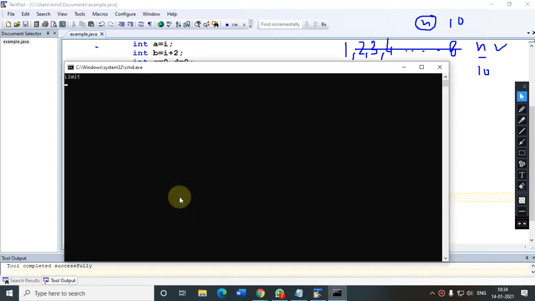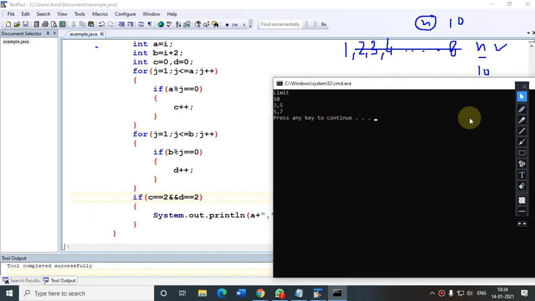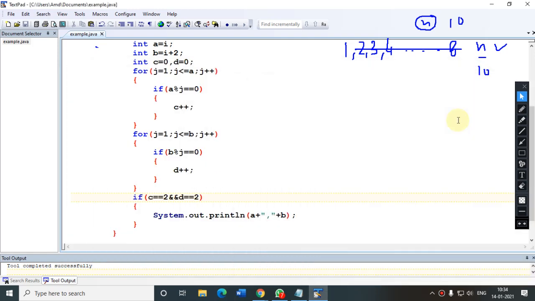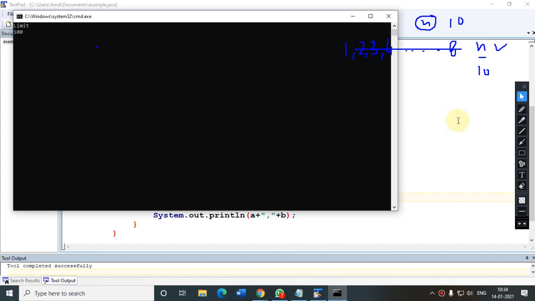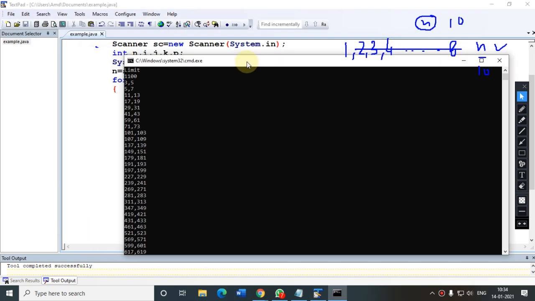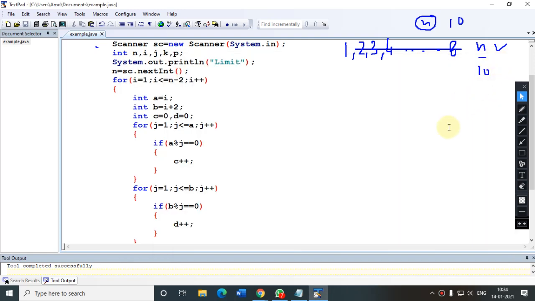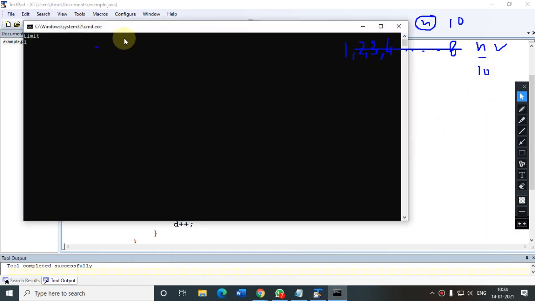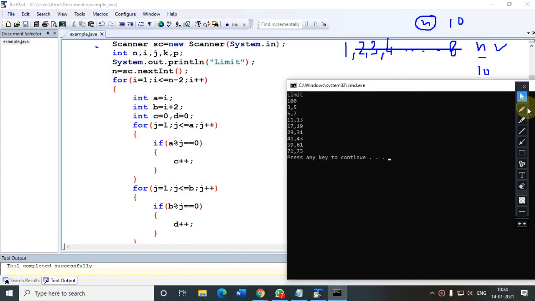Welcome, sir. Now see, 3 5 and 5 7. One more time I will show you the execution. This time like 100. So there are so many outputs coming. Oh, sorry, I have entered 1100 instead of 100. Now see, these are the twin prime pairs below the limit. Hopefully everyone is getting this.